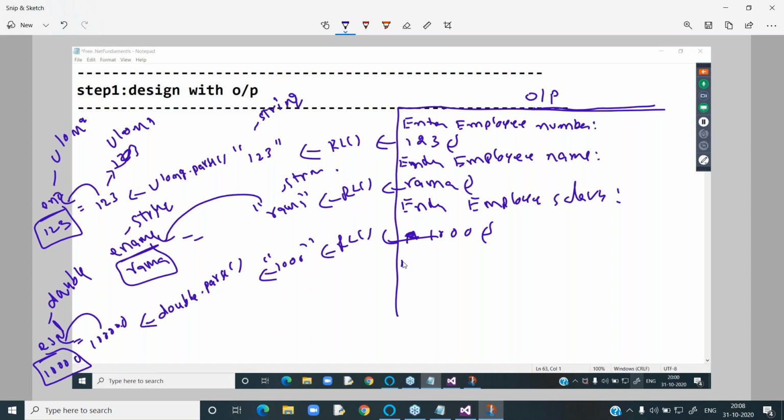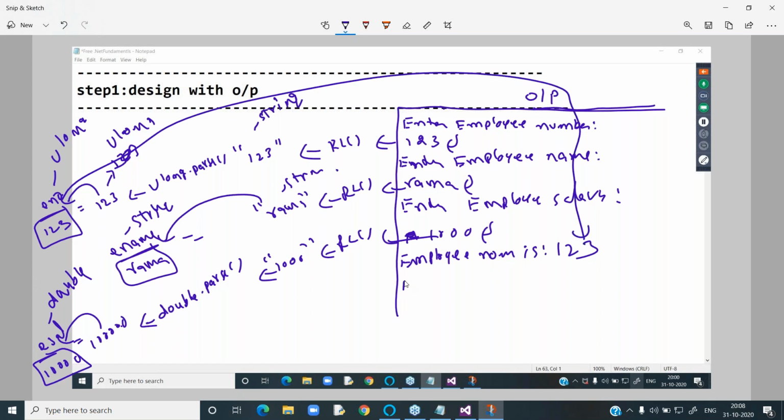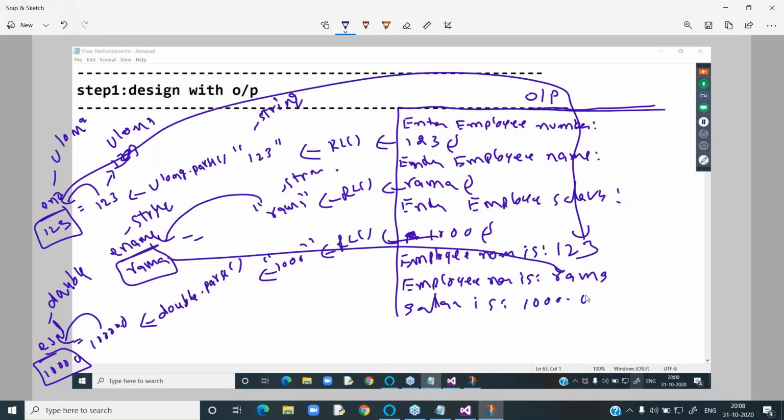Next, the employee number is 123, coming from here. The employee name is Rama. The salary is 1000.0, because it is a floating value, for that double.